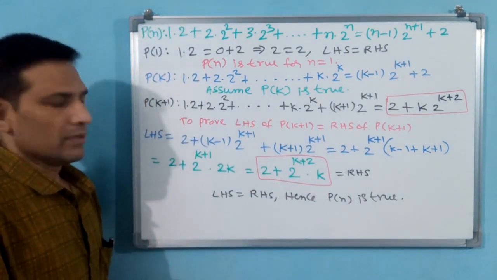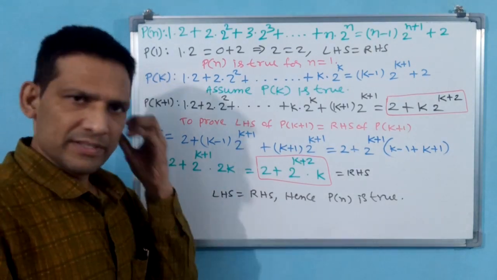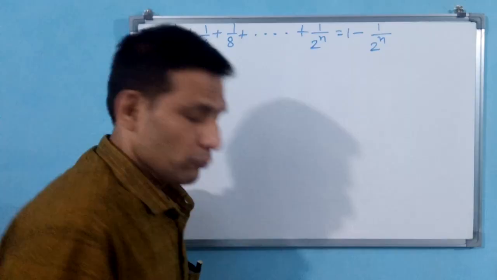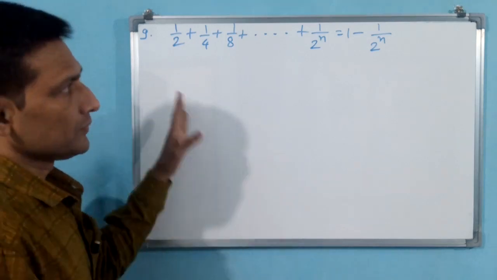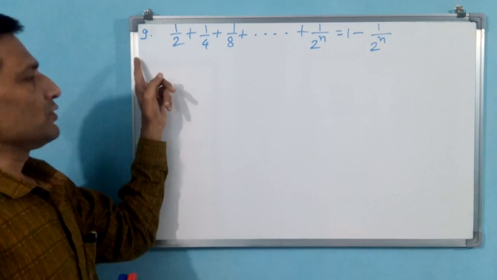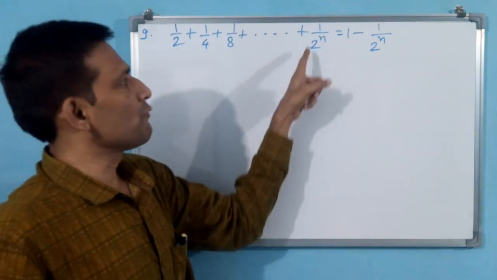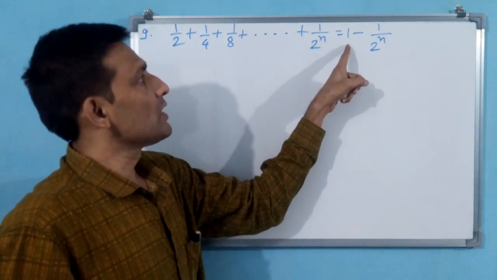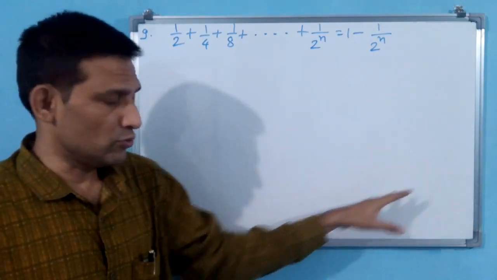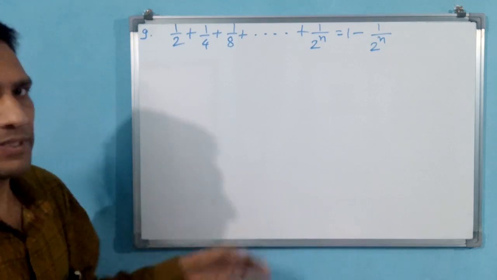Okay? Okay. Now, let us go for 9th question. That will be last question for this class. Okay? Let us take and we will go for 9th question. Okay, see the 9th question. N belongs to capital N, they have given. First step over. 9th question, you see, 1 by 2 plus 1 by 4 plus 1 by 8 plus dash dash dash plus 1 by 2 power n is equal to 1 minus 1 by 2 power n. See, this problem is simple, but solution is difficult. Difficult means not easy. You are going to see.